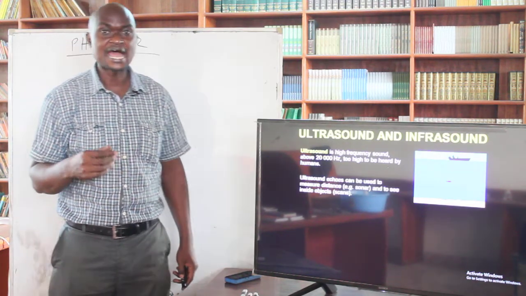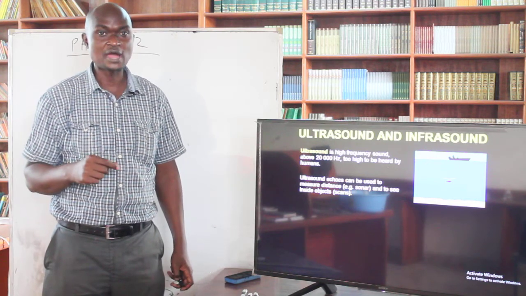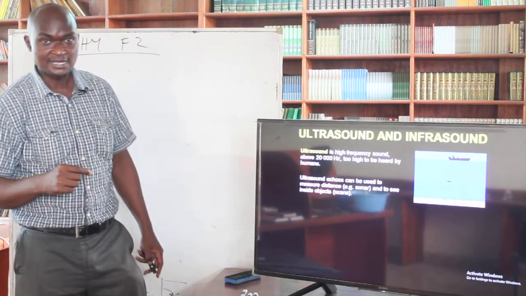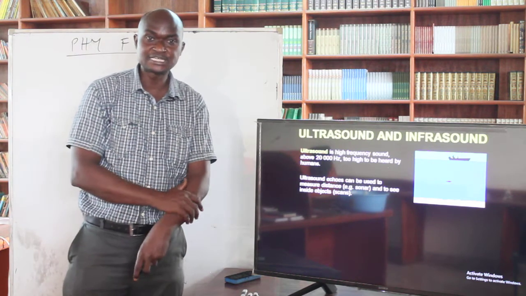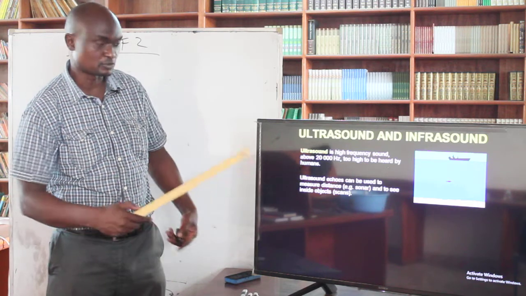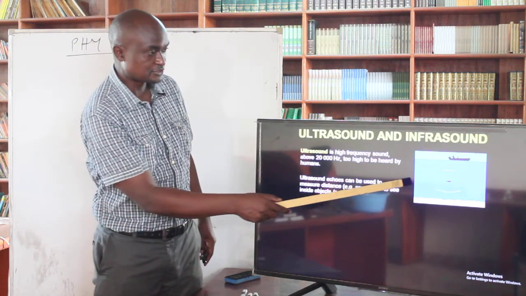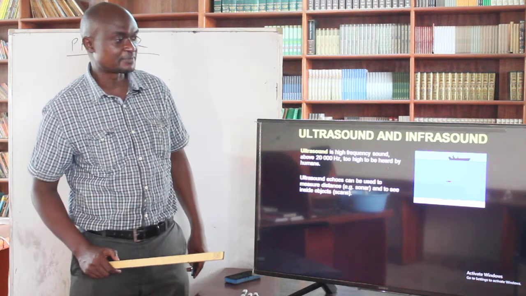Ultrasound is a high frequency sound which is above 20,000 Hz. That's too high to be heard by humans. Ultrasound echoes can be used to measure distances such as sonar and to see the inside of objects, or what we call a scan. Here we have a very good diagram of a sonar sounder which is used by fishermen